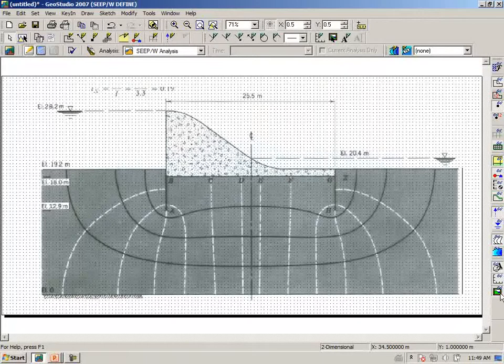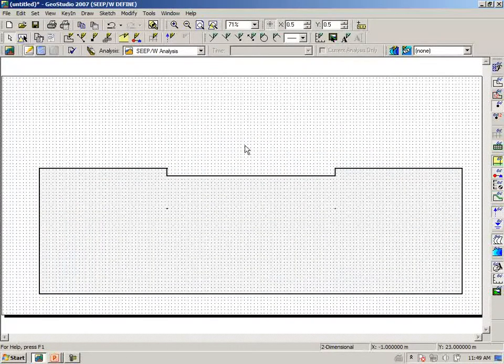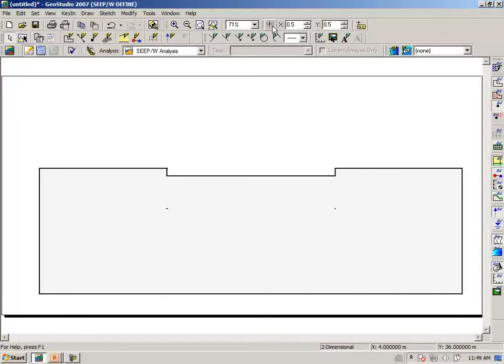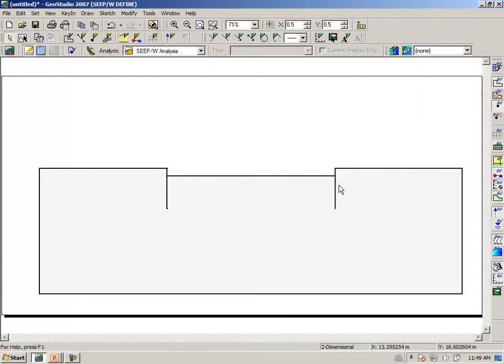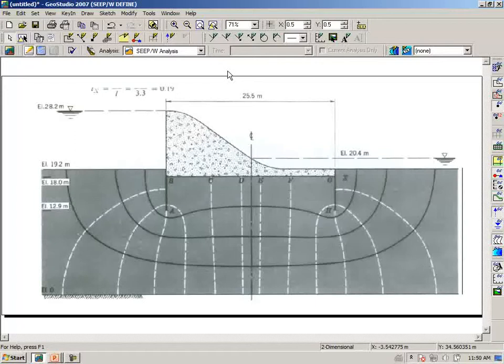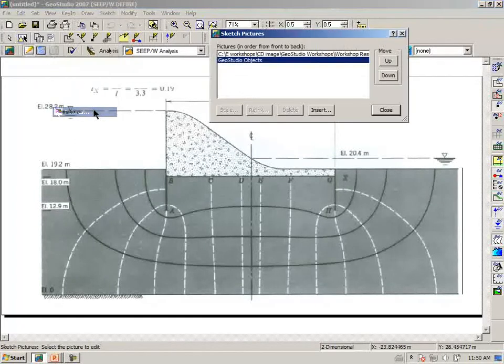Now we can turn off the bitmap temporarily with this icon here, and we can turn off our snap to grid, and then we can say draw lines, and we can draw a line where we will create the equivalent of a cutoff. And we can turn the bitmap back on. You can always go back to Sketch Pictures and